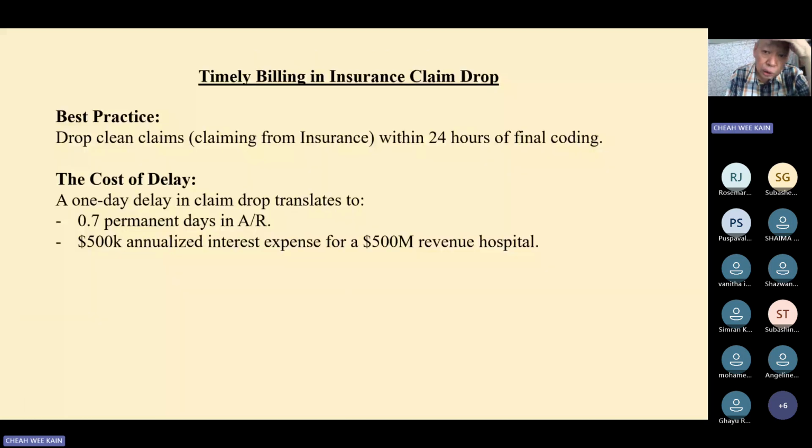Timely billing in the insurance claim form. Normally the insurance claim form will ask you to put in a code: what kind of procedure, and what kind of code will be subject to what kind of insurance payment. Why do they use codes? Because the insurance company's computer system already has all the codes, so they don't have to calculate case by case. When you submit with the code, they just key in, and then they will say whether it's okay or not. One day's delay in payment from the insurance to you means one day you have less use of that money.